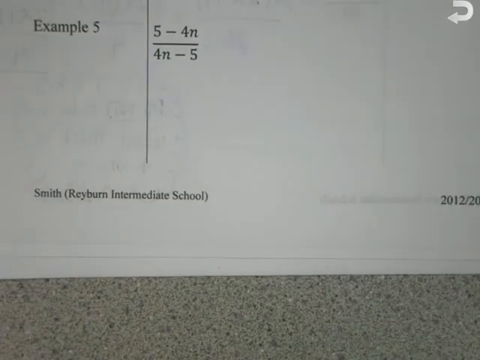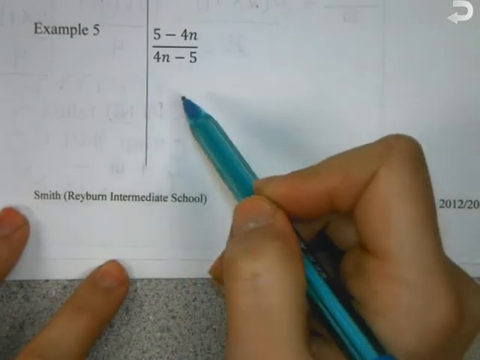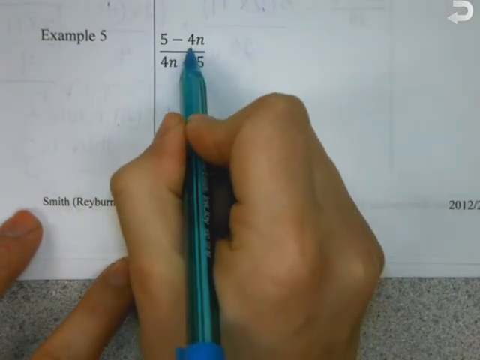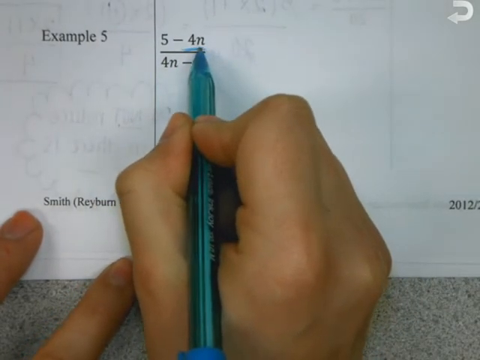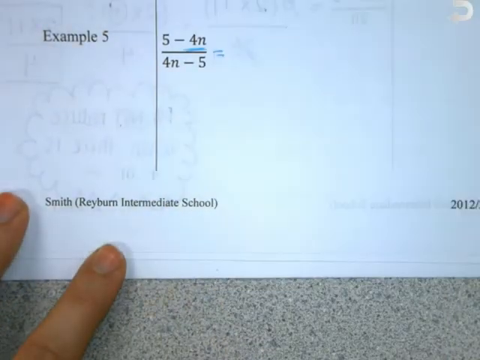Okay, guys, what do you notice about this? They're the same but opposite. So what did my instructions say I had to do? Factor out a what? A -1. It does not matter which one you factor out a -1 from. I usually prefer to have my variables in front, so I typically go with the one that has the variable in back. Okay, so if I factor out a -1 from the numerator, I can just write it as a